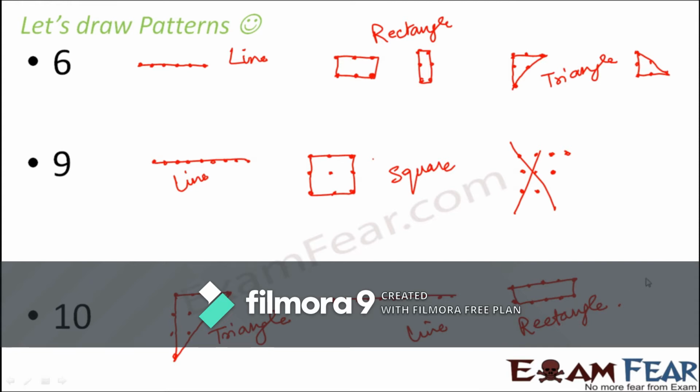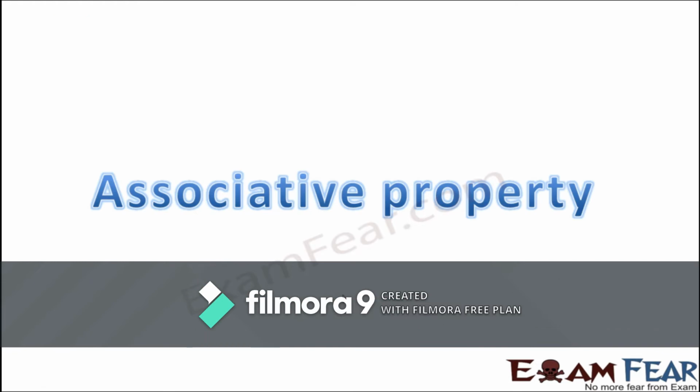Can you have a square? You can't have a square, because for a square you would need the same number of dots in all the lines. Now 10, you cannot divide it into an equal number of dots in all lines, right? So in this way we see that all the numbers can be represented in the pattern of these dots to make many interesting shapes. Third property, that is associative property.